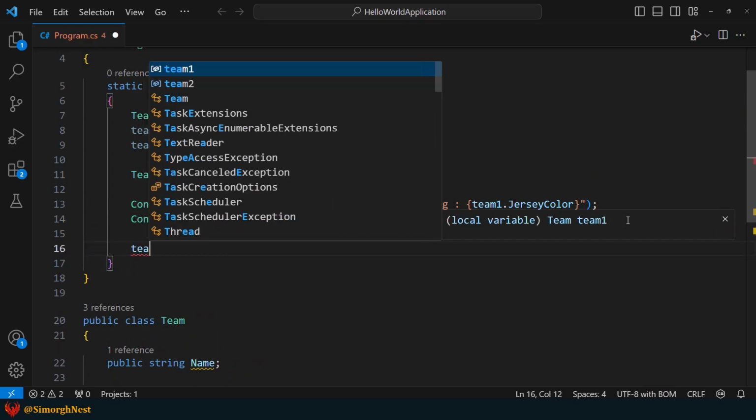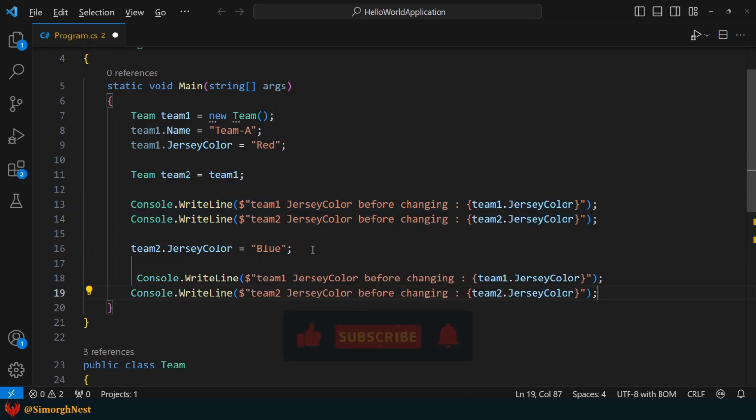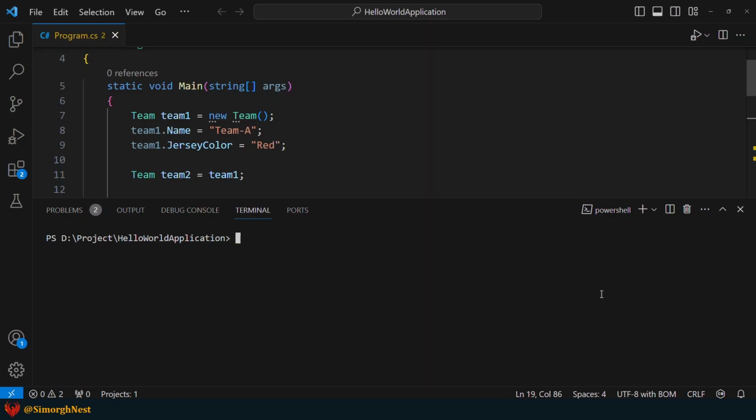Then, let's change the jersey color of team2 to blue. Next, we'll print the jersey color for both of them again. Now, let's run the application to see the result.